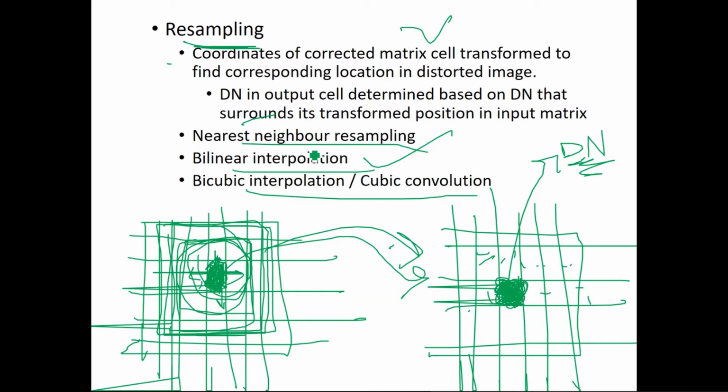But the problem is that it alters the original image gray levels, because your new DN is not an average, but is based on all these 16 pixels around it. So of course your original image DN values are altered a lot, right? Nearest neighbor resampling alters them the least, bicubic interpolation the most, but for image sharpness, bicubic interpolation gives the sharpest image compared to the others. Clear?